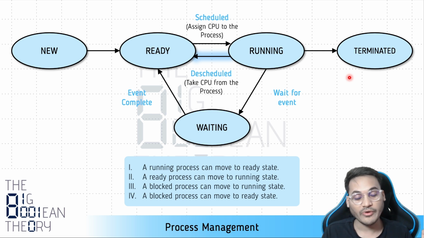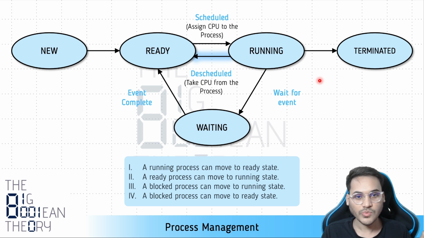In that case, when the operating system takes away the control of the CPU, the process which was in the running state will go to the ready state, right? So this transition is very important in this sense. If it is present, then you can confirm that the scheduling policy that the operating system is using is